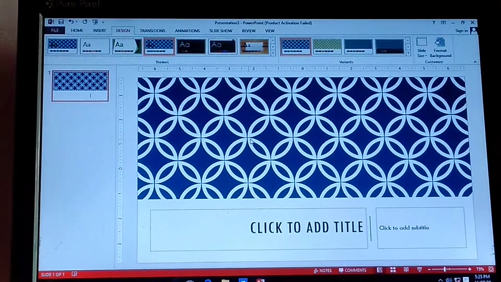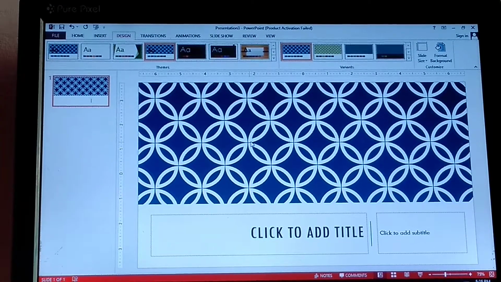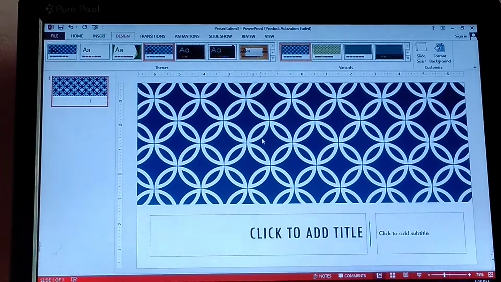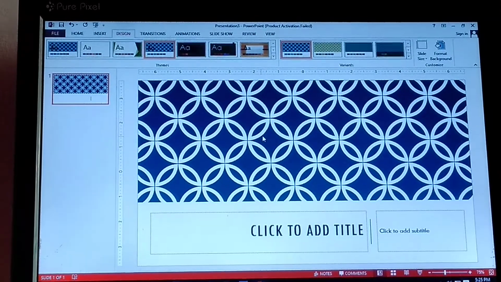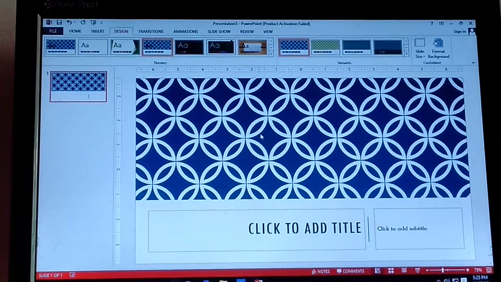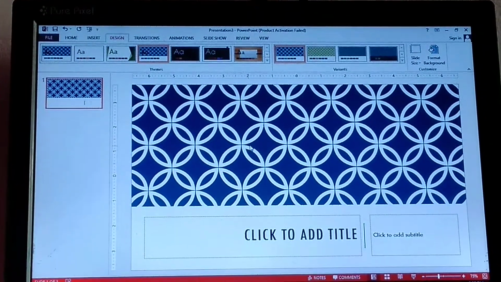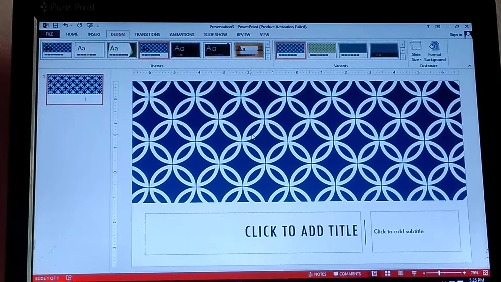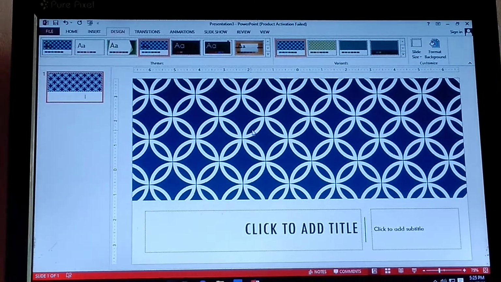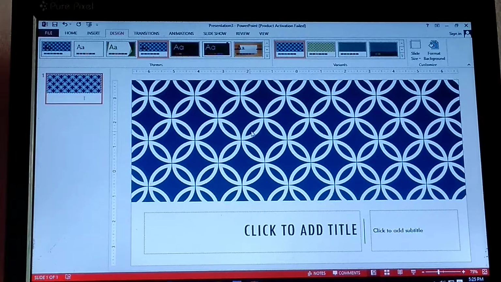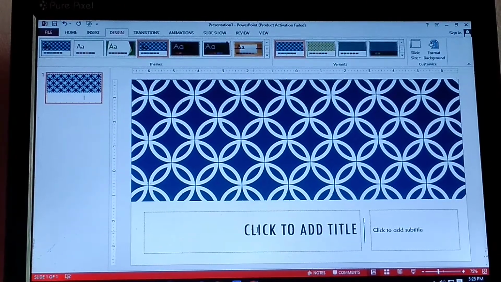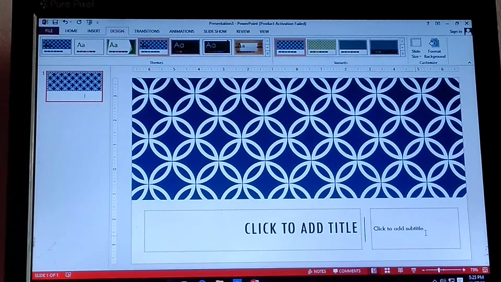Let's open page number 118. We will see how we work with slides. Now, working with slides. A presentation consists of a number of slides. When you open MS Office, a single slide appears on the screen. It has two placeholders, one for the title and the other for the subtitle. Can you see this? This is a title and this is for a subtitle.